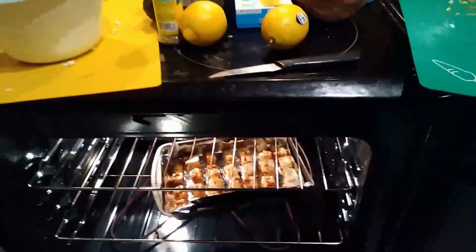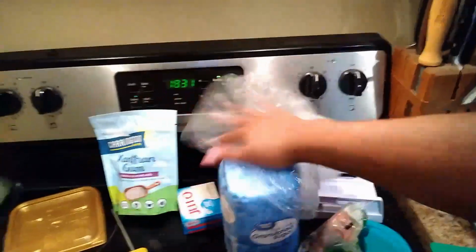Okay, so that didn't go as well as I thought it would go. No! God, please, no! It's a mush. Just mush. I did separate that mush and put it in the oven, and I'm gonna keep it in there for 30 minutes. Not really sure what temperature it should be because...